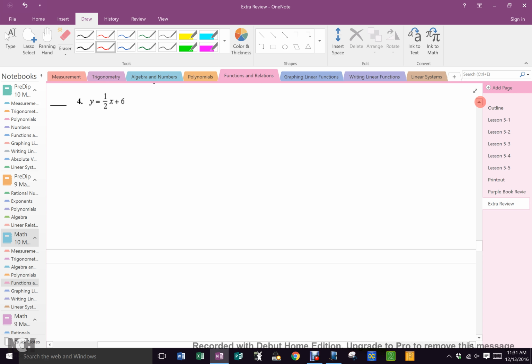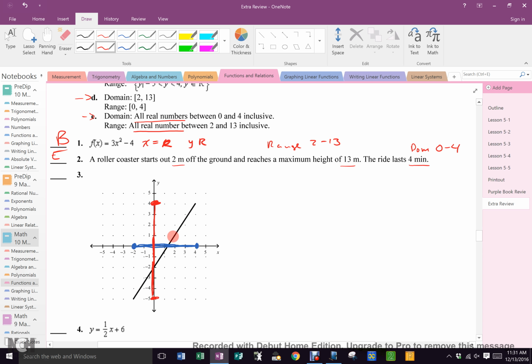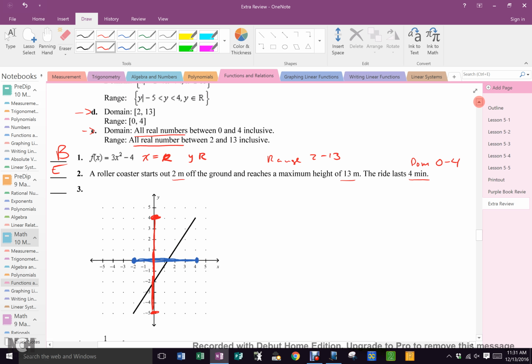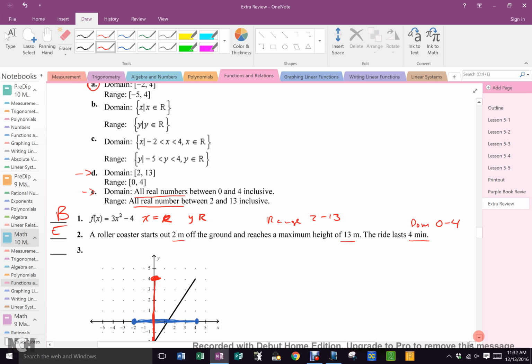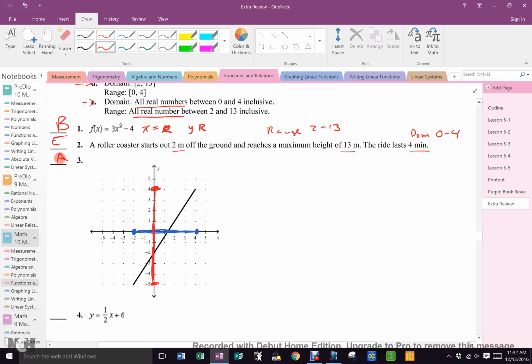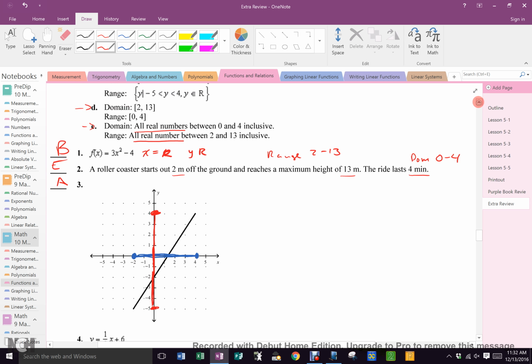So, since it's a continuous line, I need all the real numbers from negative 2 up to 4 inclusive. Now you notice here that doesn't include negative 2, so A is the best answer because it does include negative 2. And then this one is again,